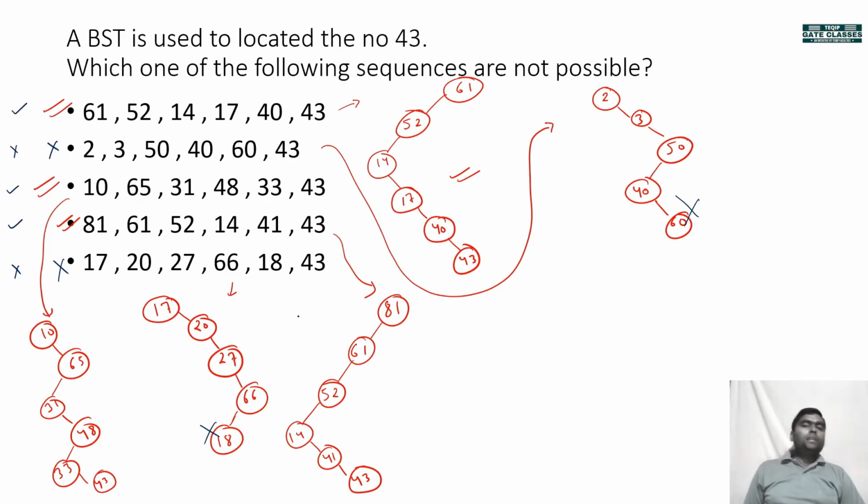So I hope that this concept is clear to you. This is a very simple concept, and it is required in a lot of places, for example heap sort. Heap is an almost complete binary tree, and the properties of almost complete binary trees are followed in the heap sort algorithm or heap data structure.